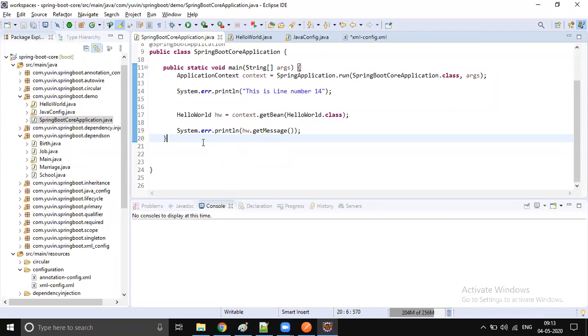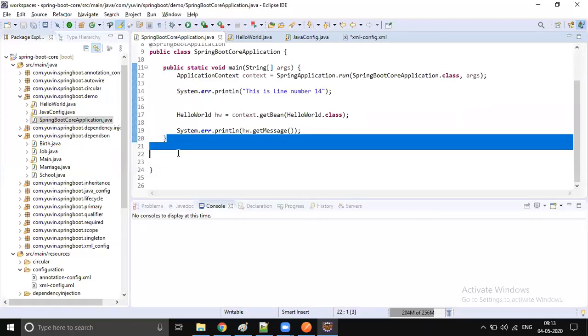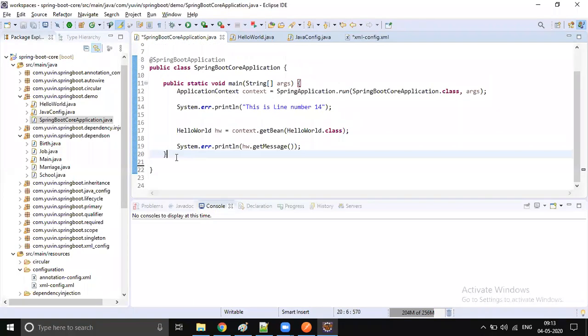So make sure your application is fully configured: all the beans are ready and all the dependency injections are done at application startup time itself. That is a good way of doing things in microservices. That's why you don't see lazy initialization in most Spring Boot applications. Even though that concept is available, you don't use it. And one more thing.